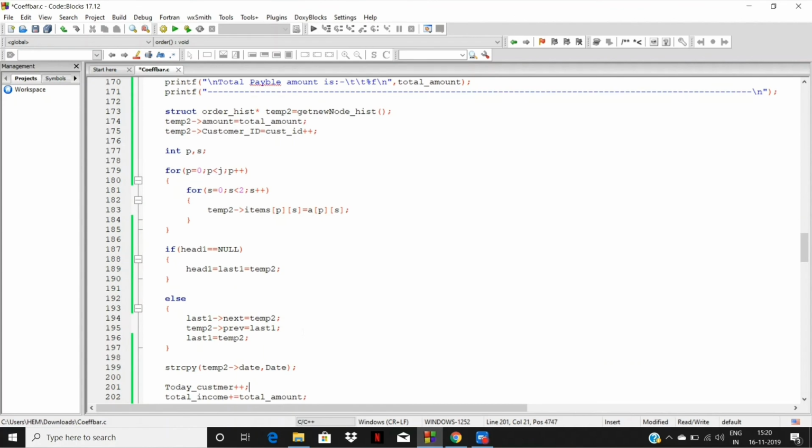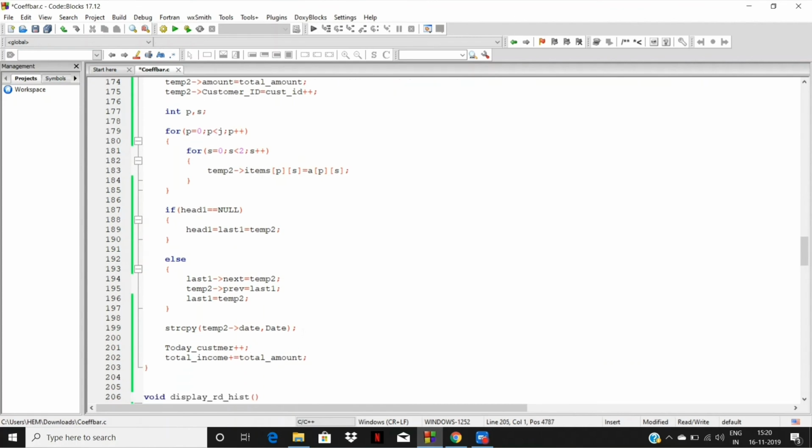After that we check if head is equal to null, then order head and last we initialize to temp2. Otherwise, it is not null, then last1 dot next is equal to temp2, and temp2 dot previous is equal to last1, and last1 is equal to temp2.